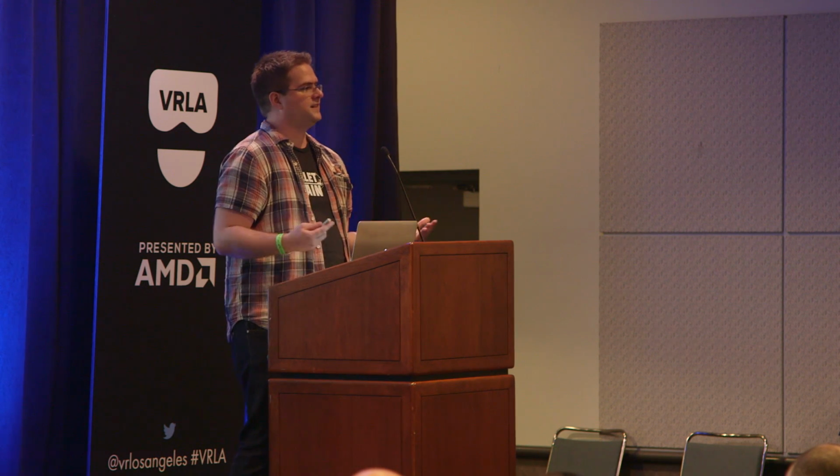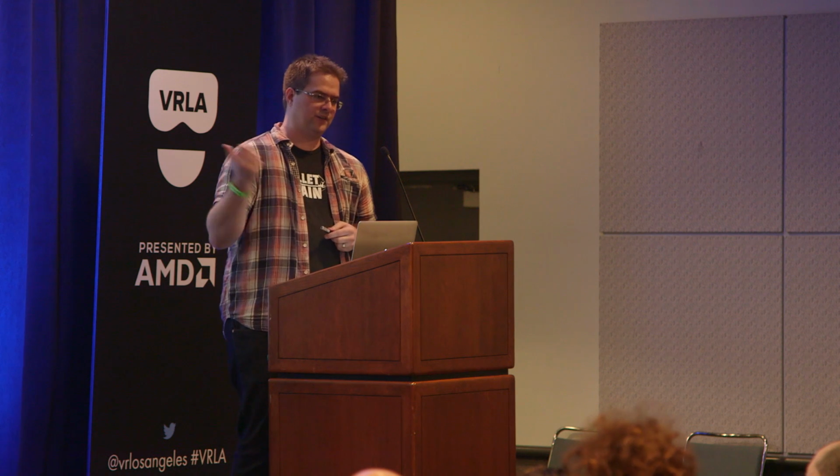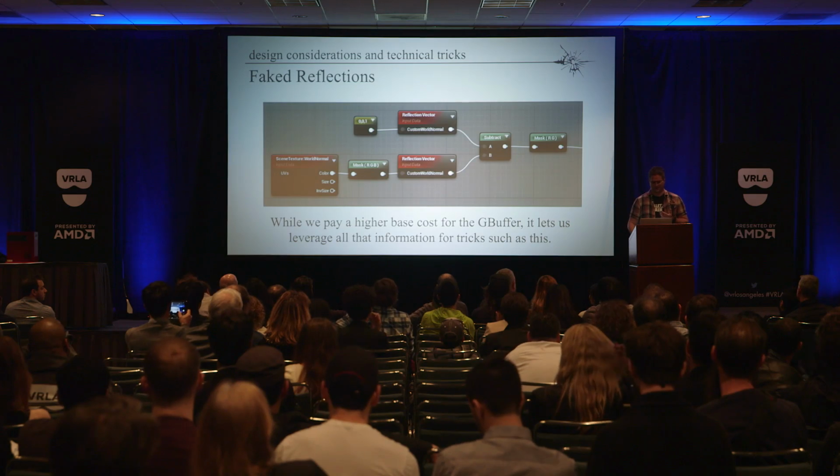And there's been a lot of discussion about deferred rendering versus forward rendering. Forward rendering is a lot cheaper out of the box. With deferred rendering, you pay a base cost. But our approach is to leverage all that data that's in the G-buffer to do these cool tricks, and it makes up for the initial base pass time. So you spend a few milliseconds generating that G-buffer, but you get so much data you can pull in there to fake this sort of stuff that it really pays for itself.